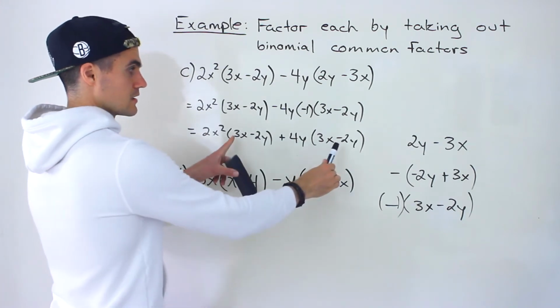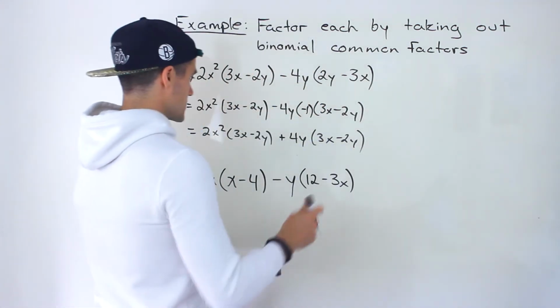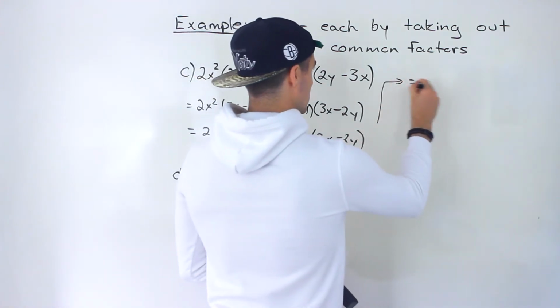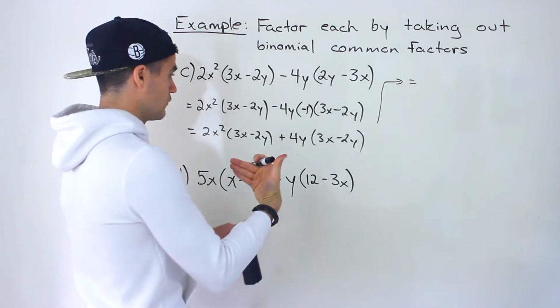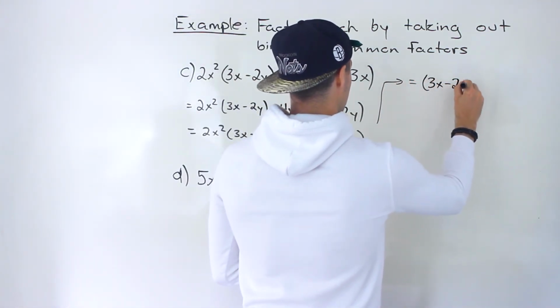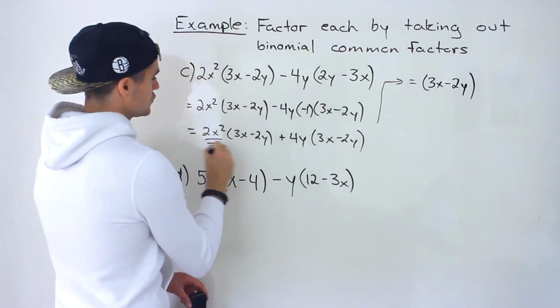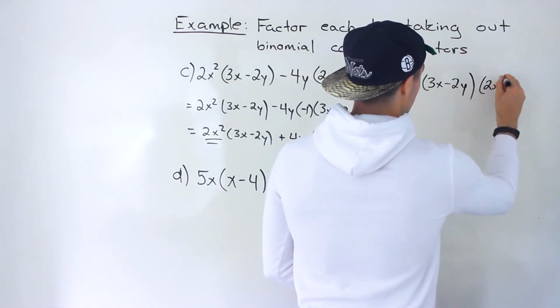And now notice, same binomial common factor, which is nice. That's our goal. So let's take that out from both of these. So we'd have 3x minus 2y. And what would we be left with? 2x squared plus 4y. Now this here, we're not actually done with it yet,